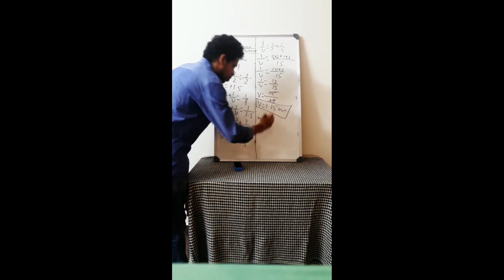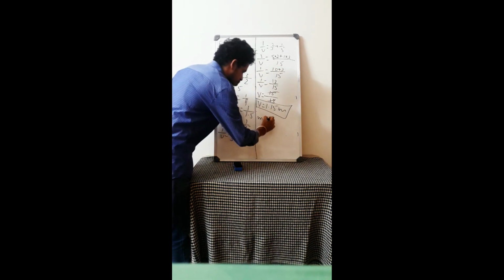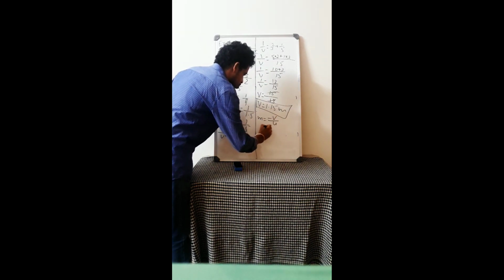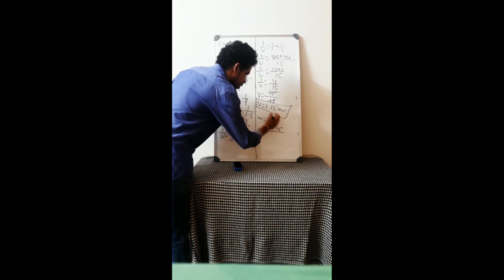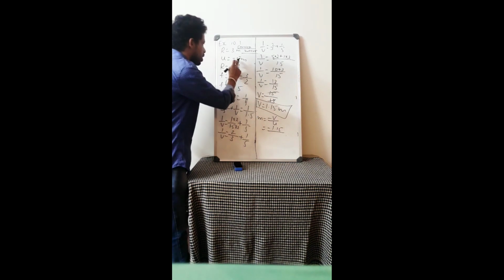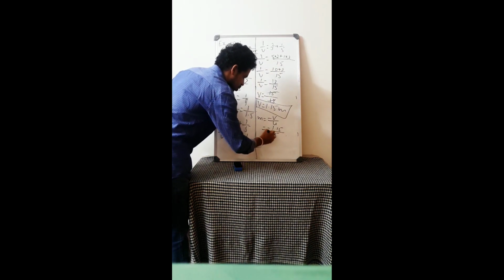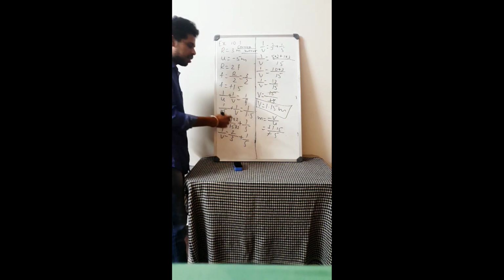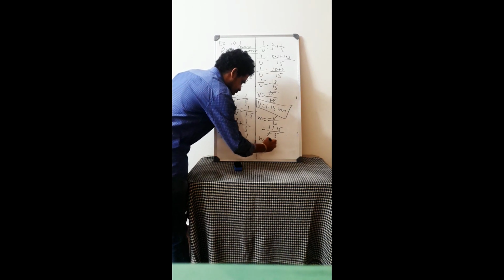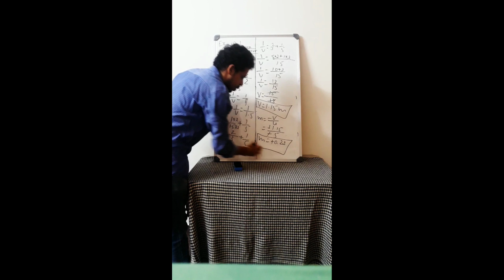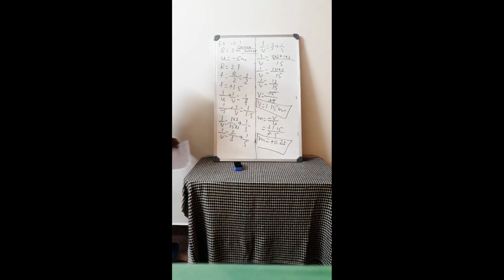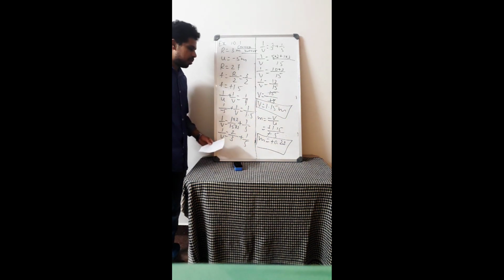If you want to find the magnification, use the formula minus V by U. So minus V is 1.15 by minus U. U is minus 5. I leave this calculation for you. You will get the answer as plus 0.23. So this is the answer. This is all about the problem. Here we have found the position of the image as well as the magnification.